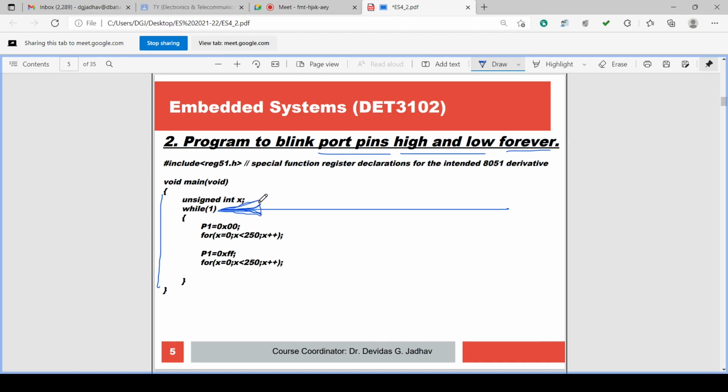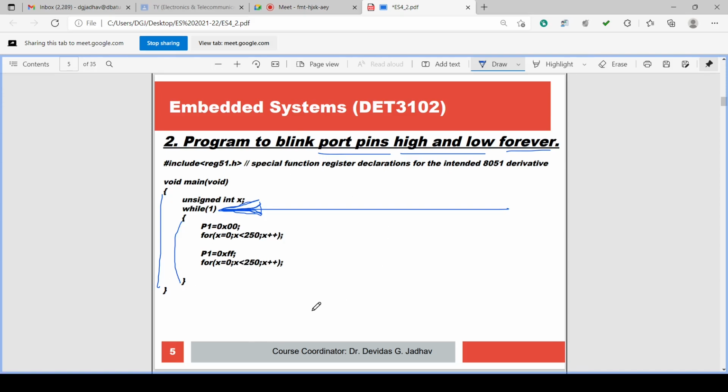While is checking the condition. If the condition is satisfied, it runs; if the condition fails, it will break. While 1 means true, so it is infinite times. These are the curly brackets for while 1, and these are the instructions: P1 0x00, for semicolon, then P1 0xFF, then for again with 250 times execution, x increment and semicolon.